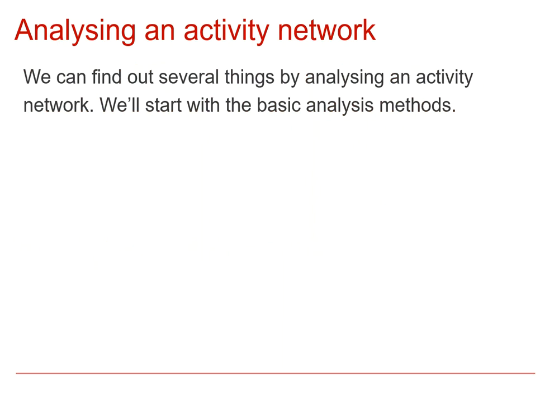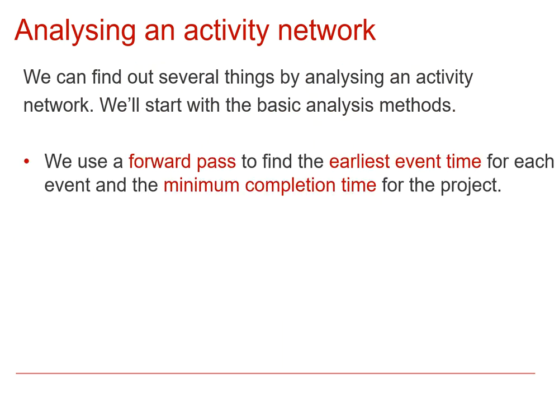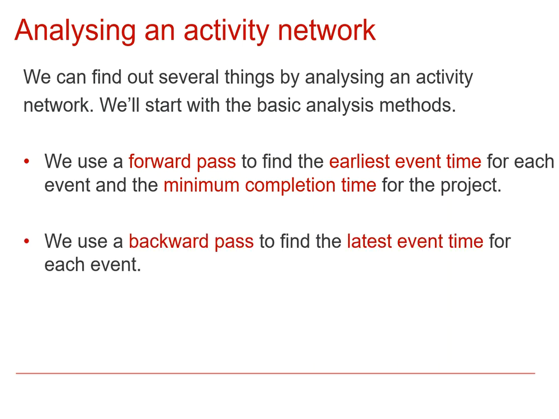Now, there are lots of things that we can find out by analysing an activity network. In this video, we're just going to concentrate on the basics. So we've got what's called the forward pass, and what that, as you'll see, allows us to do is find the earliest event time for each event and the minimum completion time for the project. And then after that we can do what's called a backward pass, and that will tell us the latest event